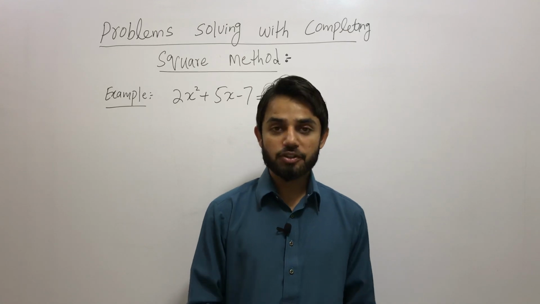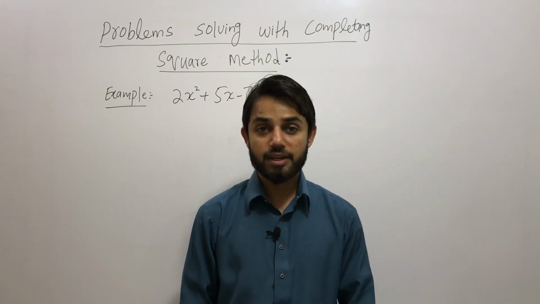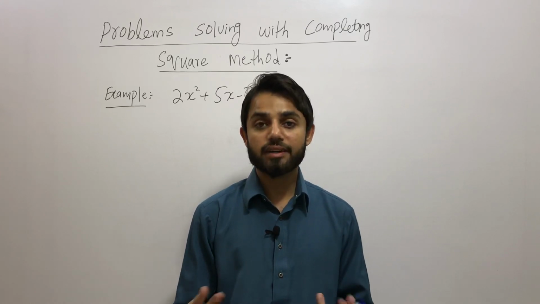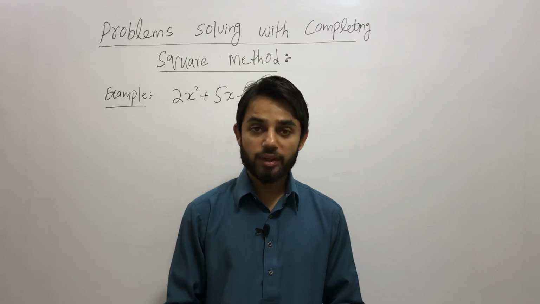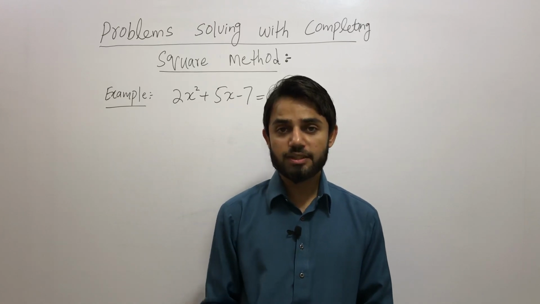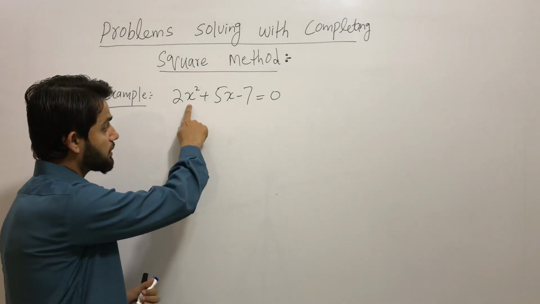So in my previous video we learned how we can apply the completing square method technique on any general equation and how we can get our solution basically. So what does it mean when we say how we can get our solution? Let's take for a moment that you have this quadratic equation in front of you which has the variable x